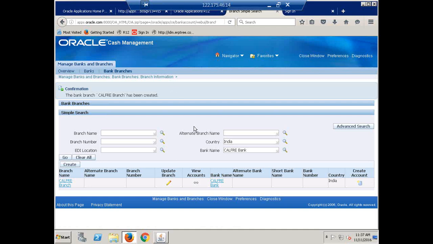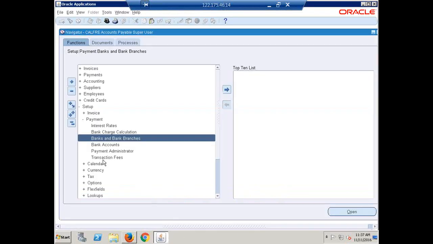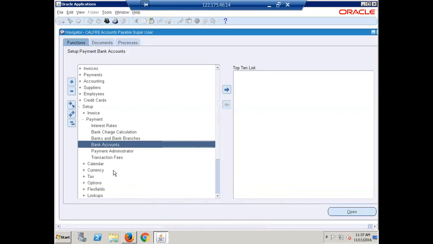Right, fine, done. Now we created bank and branch. See here, the bank name you can see, and the branch name you can see here. Now against this branch, if you want to create an account, simply you can click on create account. Otherwise, if you don't want to click on create account here, you have a navigation also to create it. You can take this navigation, or else